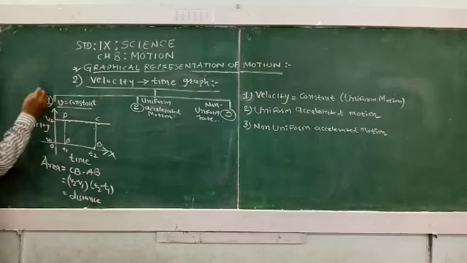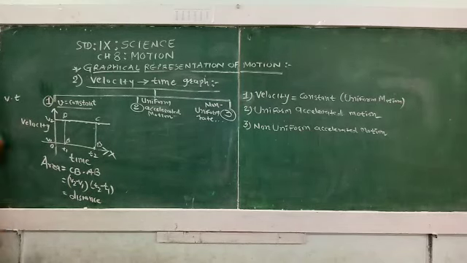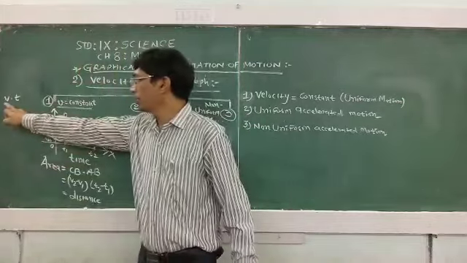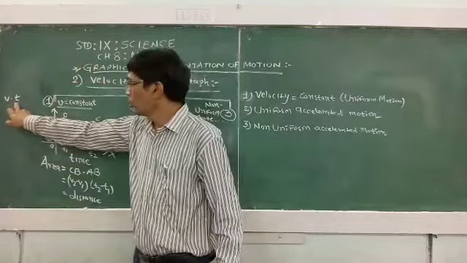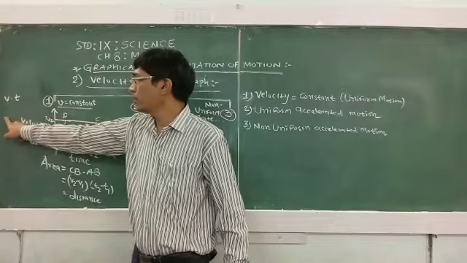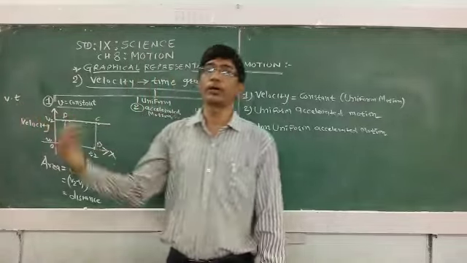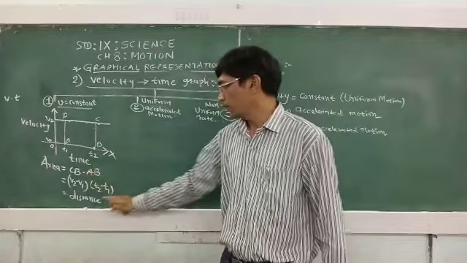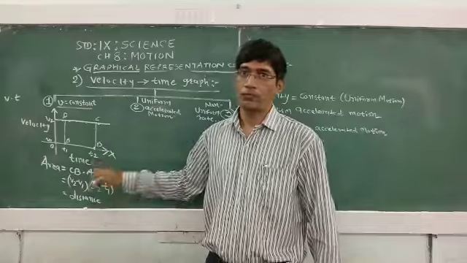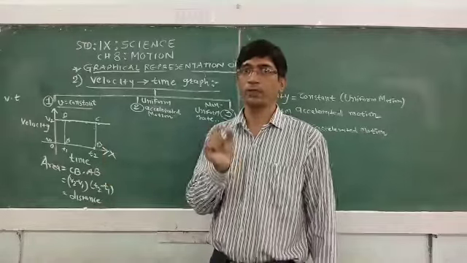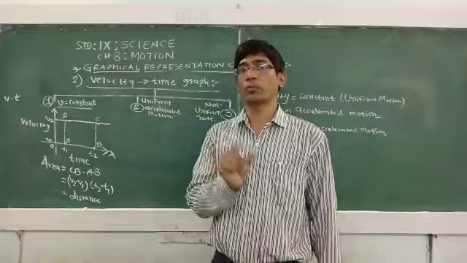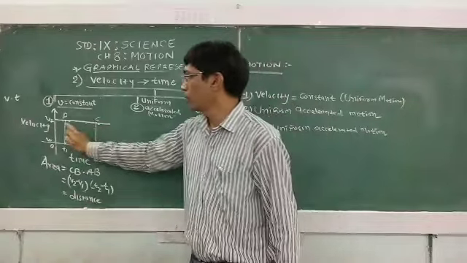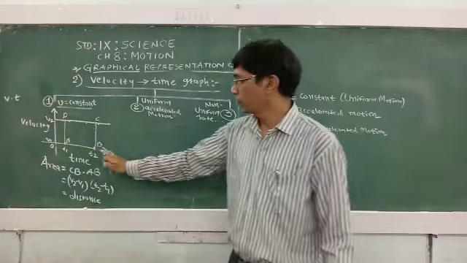Velocity into time. If you take the unit of the velocity into time, then it is the distance upon time into time. So it is the meter per second into second. So it is the meter. So the area is equal to CB into AB. That gives the distance, V into t. If you take the unit of the V into t, it is the unit of the distance. So in this way we get the distance from the velocity versus time graph for the given time interval t2 minus t1.